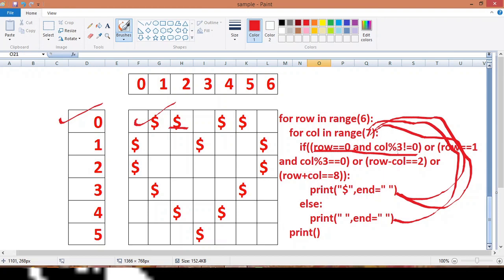Because 3 modulus of 3 is equal to 0. That's why it will not come inside the if body, it will go to the else part and it will print a space. So that's why the space is printed in this third index. It will again go inside the for loop, and the calls value will be now 4.